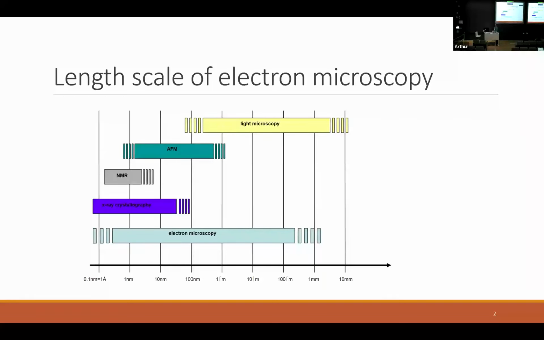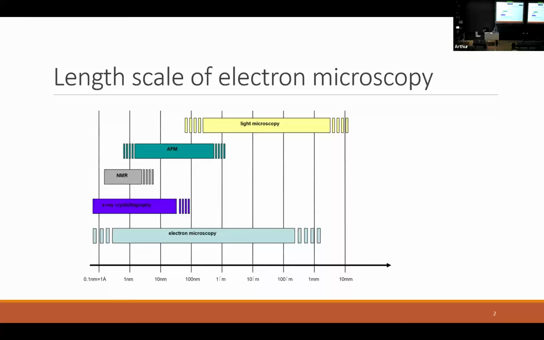Throughout this seminar series, you're going to see a bunch of us standing up here and talking about different types of characterization, and that can be over different length scales. This is what this plot is trying to refer to. Arthur's already given a talk on optical microscopy, and then we've got a bunch of other different techniques here. But about half of the staff in the imaging group work on techniques called electron microscopy. They cover a really broad range of length scales, as you can see from the light blue at the bottom. The most commonly used one is probably the SEM, and Tim will be giving a talk in a few weeks on scanning electron microscopy. So watch out for that.